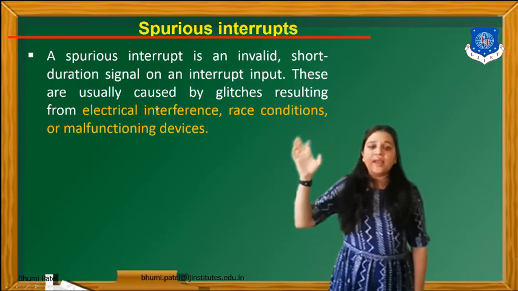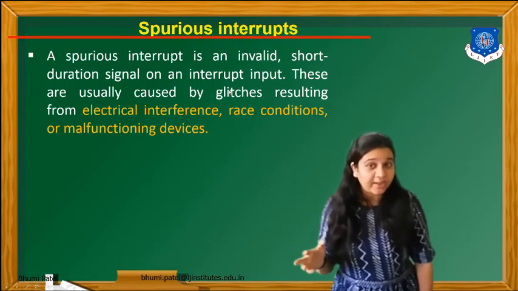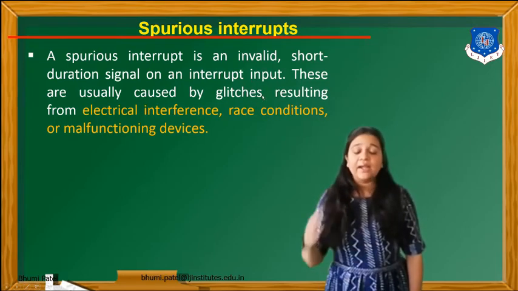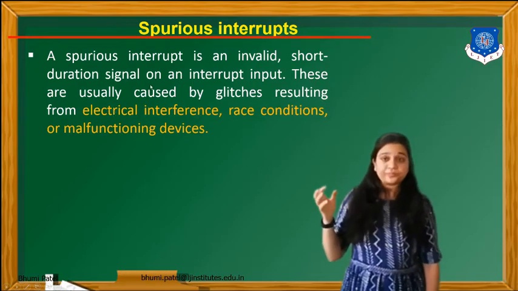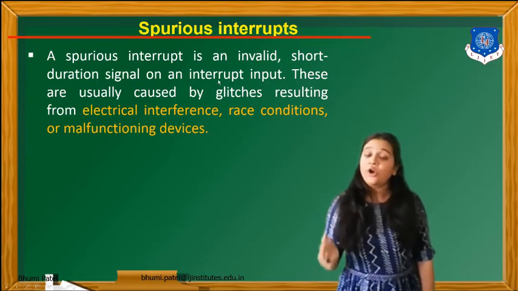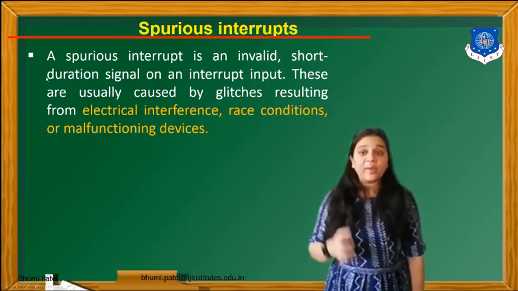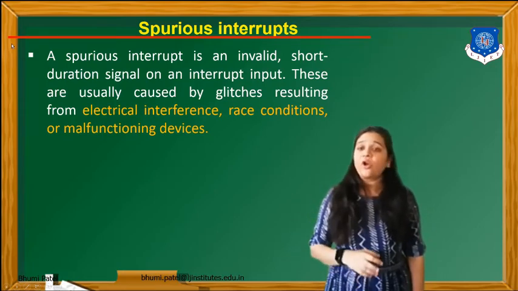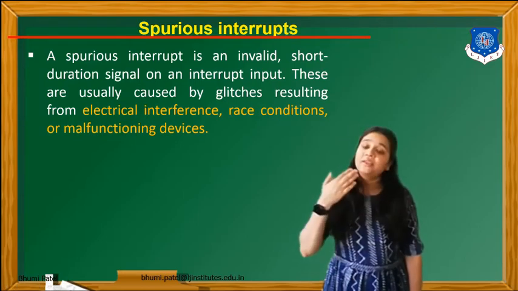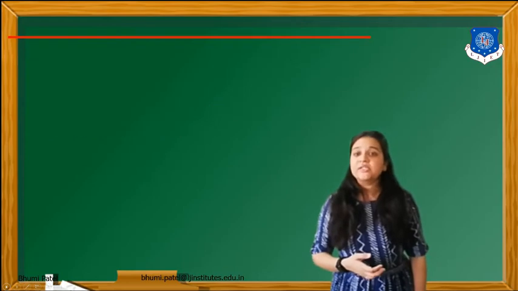If we connect the hardware and there is a problem, this type of interrupt is known as the hardware interrupt. If we deal with the programming software and any interrupt arises, that type of interrupt is known as the software interrupt. If we deal with the state, the 0 or 1 state or the binary number, that type of interrupt is known as the masking interrupt. And if any unwanted signal or the electrical interface or the malfunction arises during the programming or during the hardware implementation, that type of interrupt is known as the spurious interrupt.